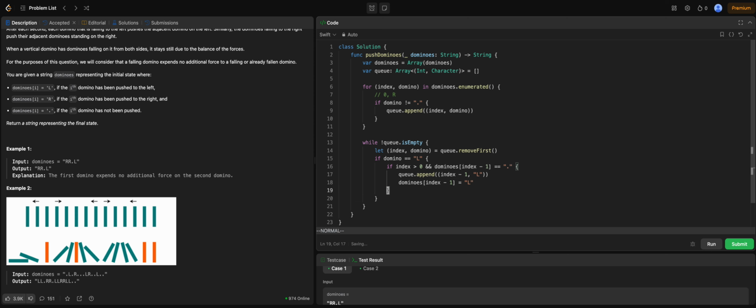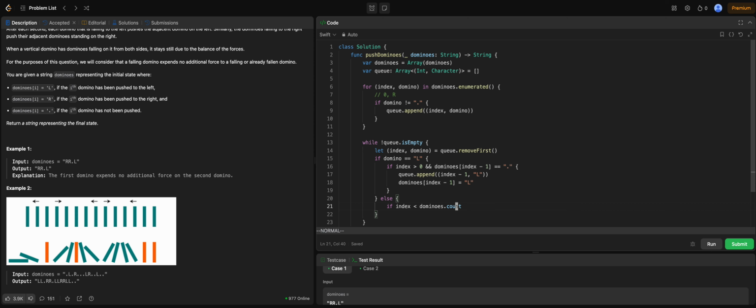So next is if this is not the left, this is right. Why? Because we have already filtered the queue to only involve the dominoes that are leading either left or right. To check that, we use the same approach as checking the right side. If index of the dominoes.count -1,